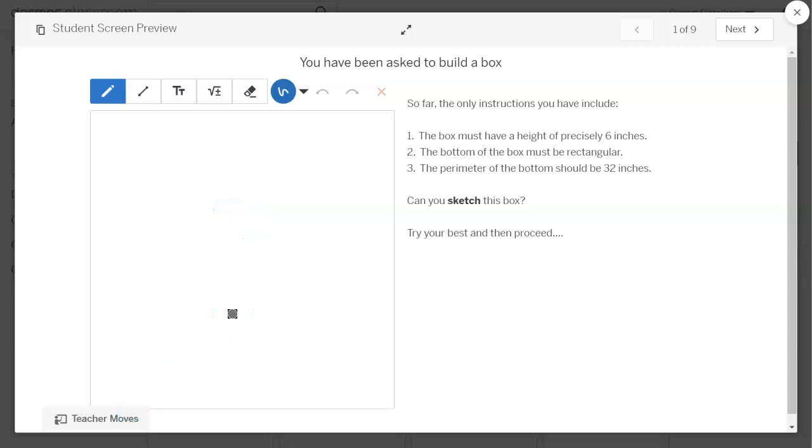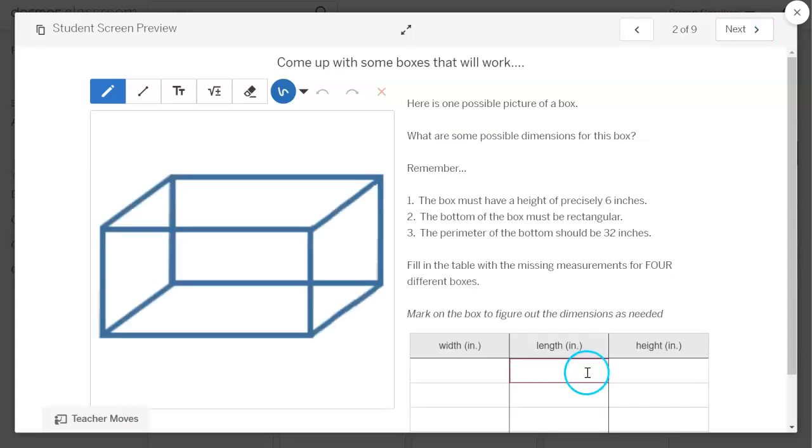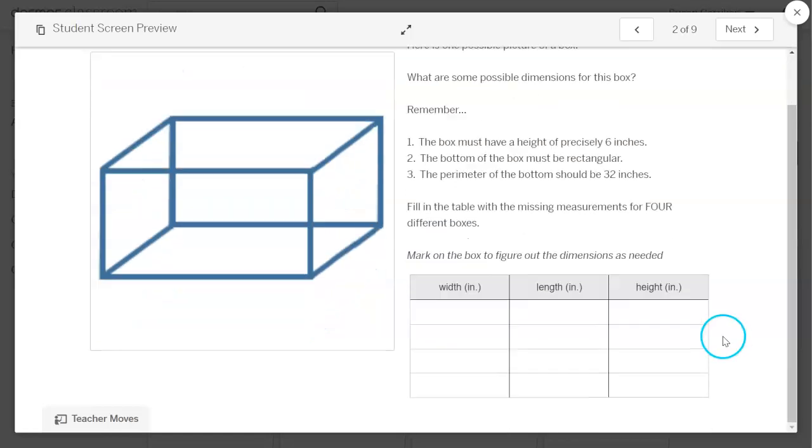You are advised to pace your students throughout this lesson so that they're not looking ahead. We want them to try to do this without looking at the images that come next. Okay, here's a picture of a potential box, and there are many possible dimensions for this box. There are multiple ways to create this box, but still fulfill the requirements 1, 2, and 3 that are listed. They will fill in the table with missing measurements for 4 different types of boxes here. There's no direction about how to enter those into this table, so they may not be arranged in any pattern,